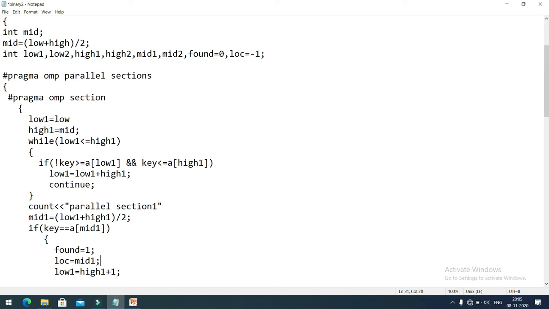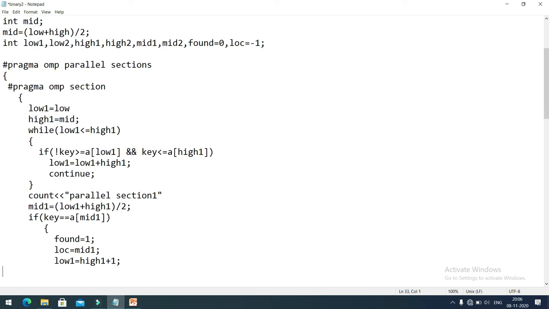So this is the case when we find our search element. This found value, earlier it was initialized to 0, now it will be 1, and the location contains the actual position of the mid element.